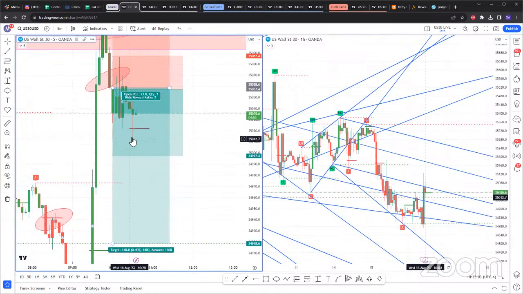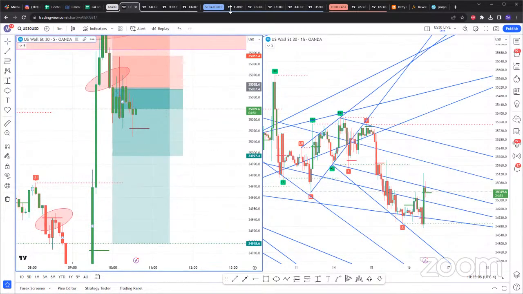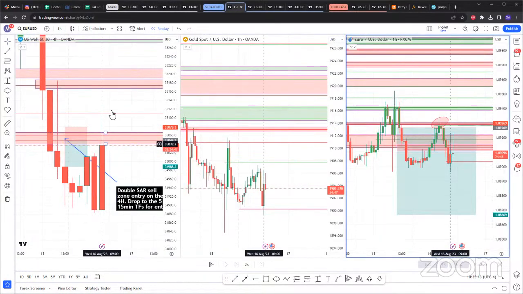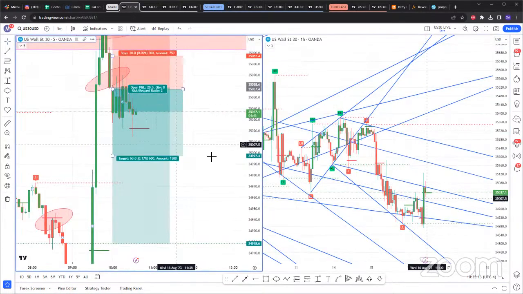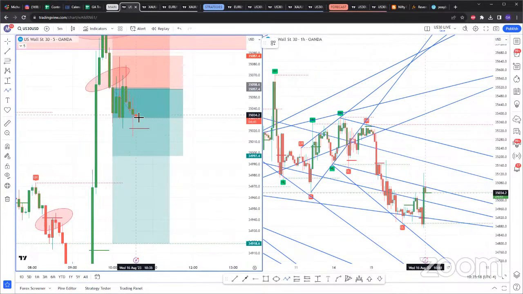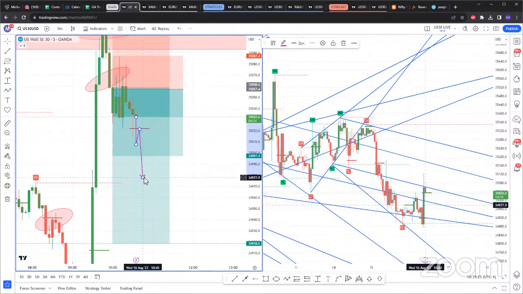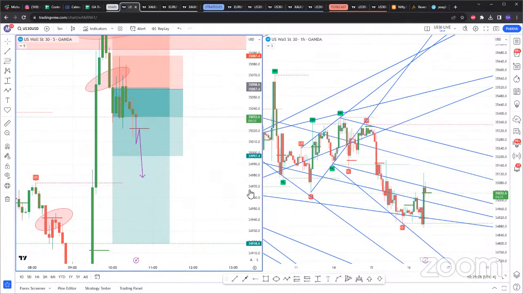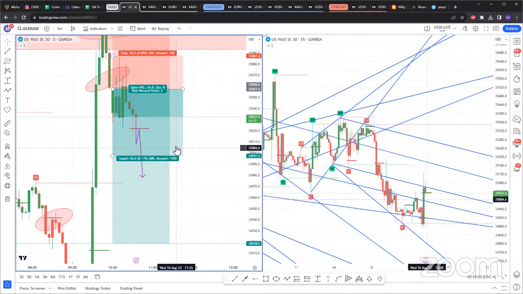Yeah. And you see, this is what I talked to you guys about. You see this red SAR? Now, if I was trading later on in the day, because my entry would have been this 4-hour, I would still not be in this US 30 sell. If it was me trading without you guys on the live session, I would have waited for 2 red candles to close below this red SAR that has just been formed. So we technically got an early entry. That's the best thing with this double SAR. Even on the lower time frames, you might get that early entry.